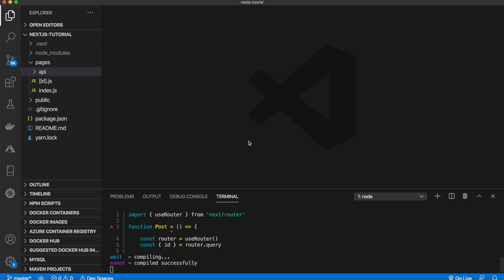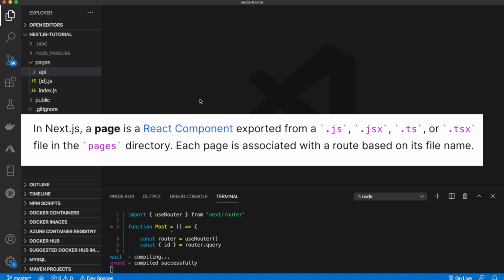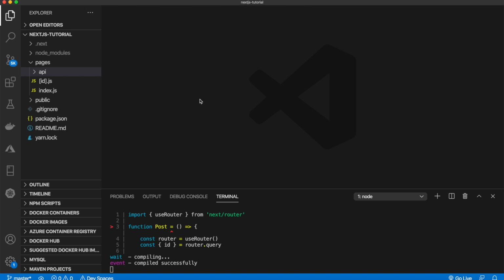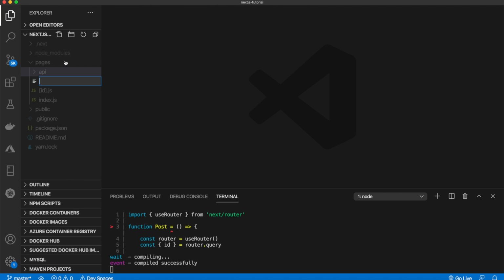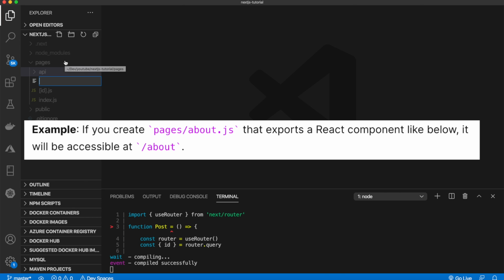So the first thing we're going to look at is pages. Pages in Next.js are simply React components that are exported in JS files or TypeScript files or JSX. So to add a page, you simply go into your pages directory and add a new file. And for example, if you want to add an about page, you would say